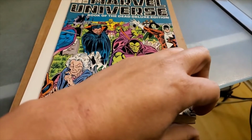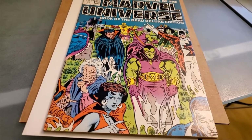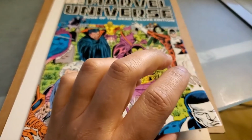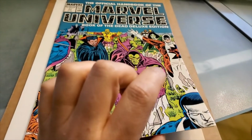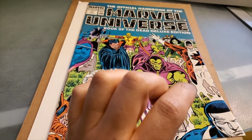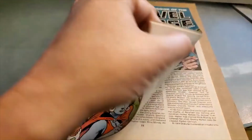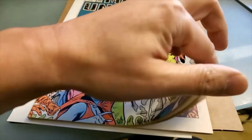Okay, so this is the Official Handbook of the Marvel Universe, number 17, Volume 2, Book of the Dead Deluxe Edition. And within these pages is officially the first internal artwork by Jim Lee for Marvel. A lot of people think it's Alpha Flight 51. That is technically his first interior book where he does the entire book. But if you're talking about his first artwork, he has